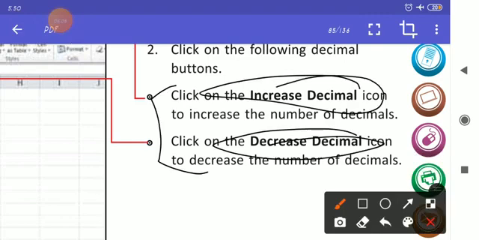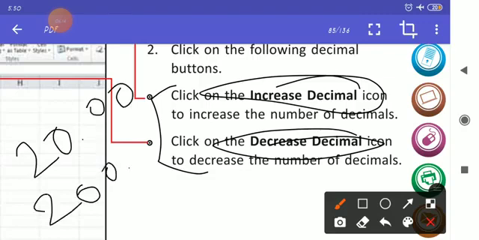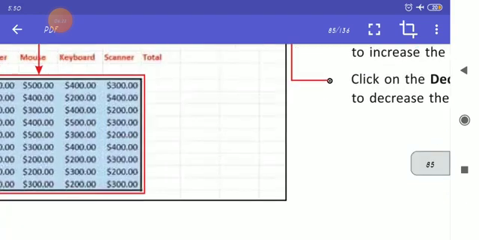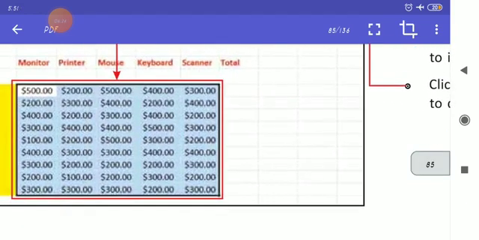Okay, so if it is written 20.00, you will decrease the decimal, so it will become 200. Okay, as you can see over here, 200.00. So the value given over here changes to two decimal points.